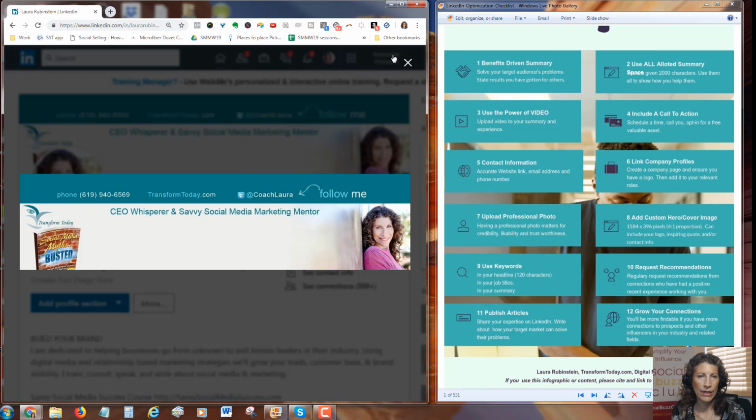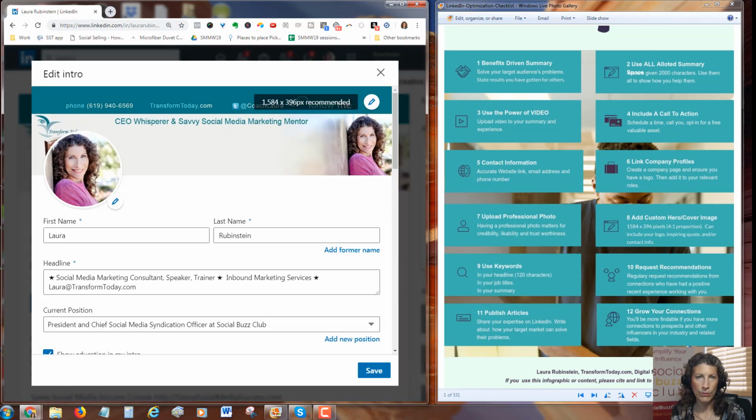And again, if you click the edit, you'll be able to edit it right here. You'll see that the dimensions are 1584 by 396. It's a 4:1 proportion. Note that in the left hand side your photo is there, so likely the best edit for me to do is to take the logo and the book and put it over here where I am, and take myself out because it's duplicated. It wasn't always this way. They keep changing it. And notice I've put in my contact information right at the top, so people can see that